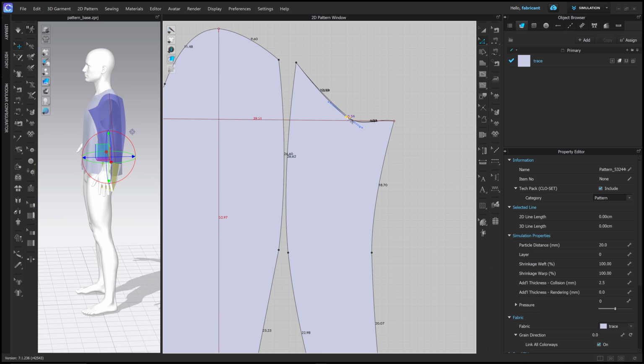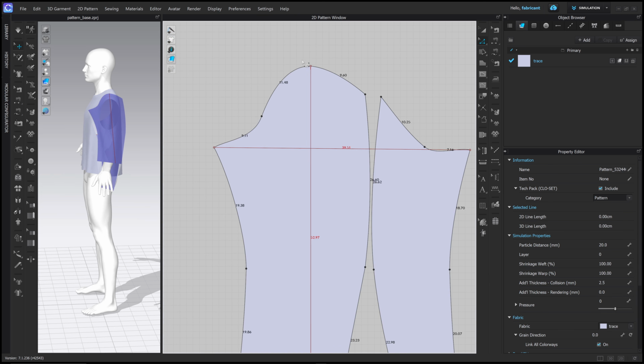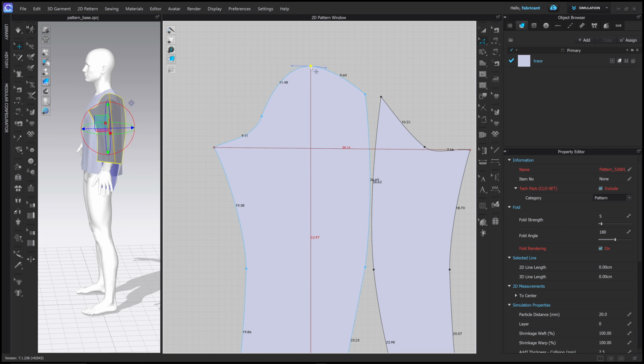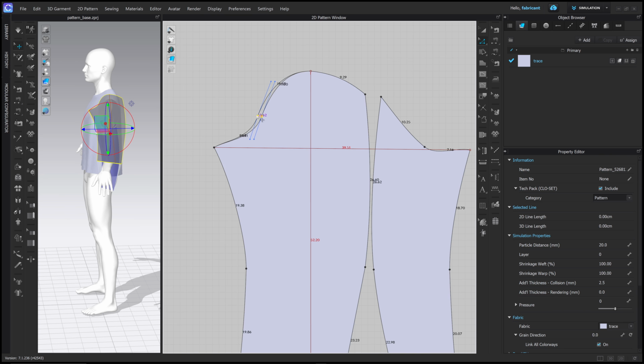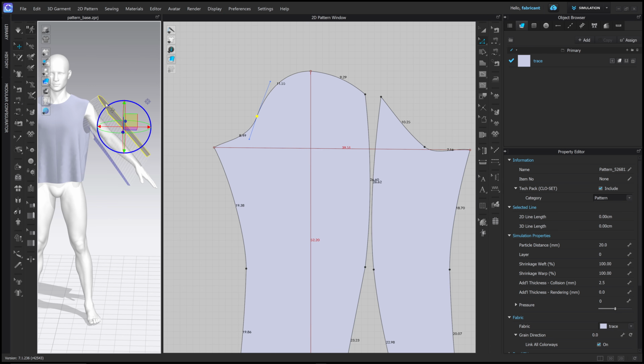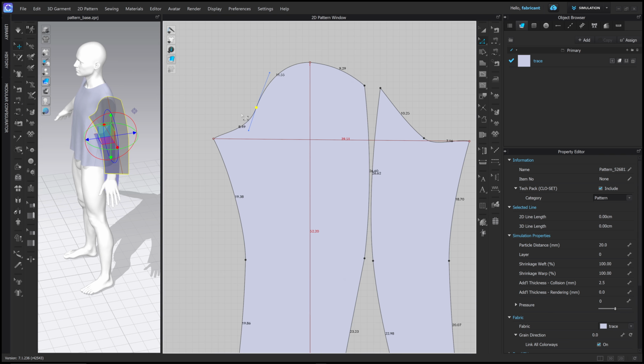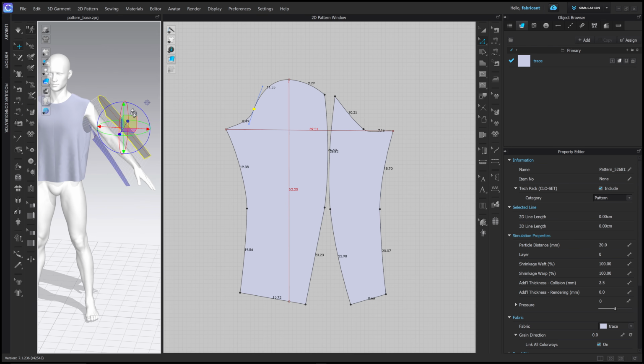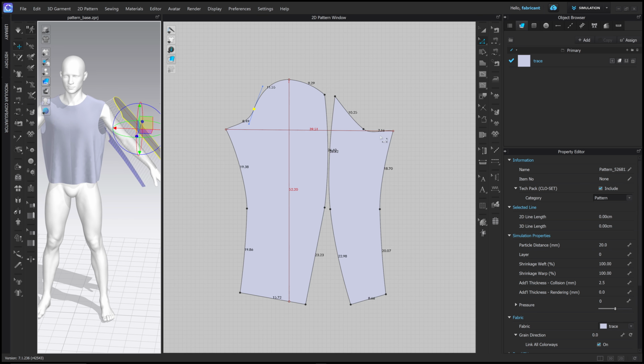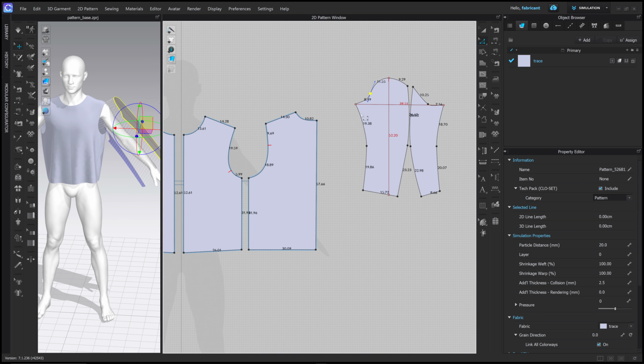Might bring this in a little bit here. And then if I grab the top point here, I can bring this down a little bit with the idea that we're now flattening off this measurement here, the top of the sleeve, so that we get a much closer fit. And we can look now at reapplying the stitching to this